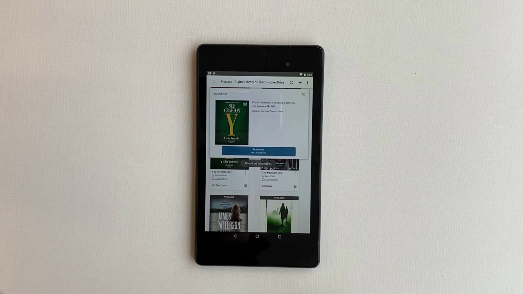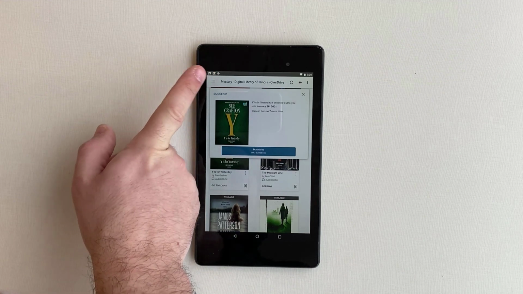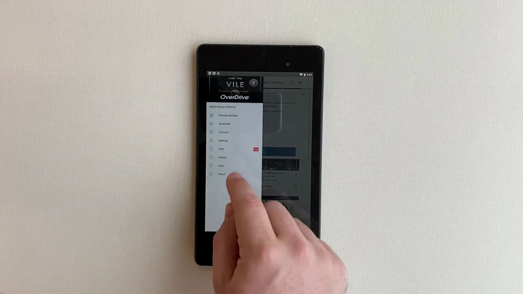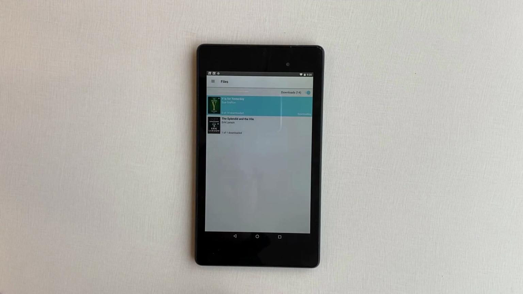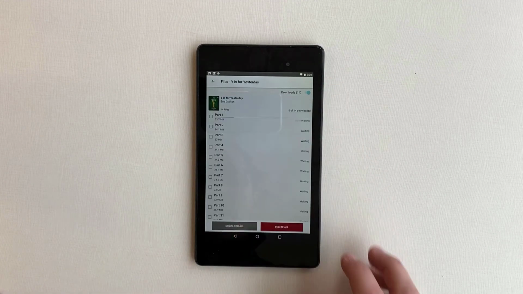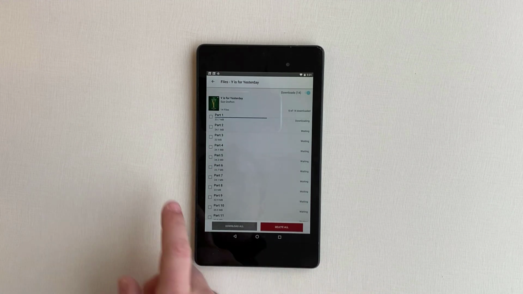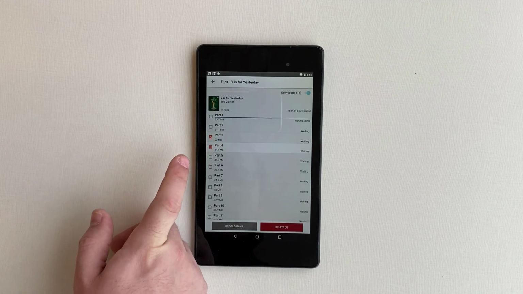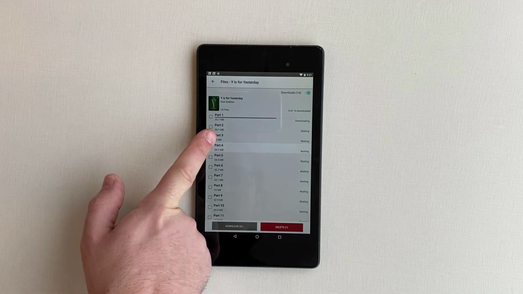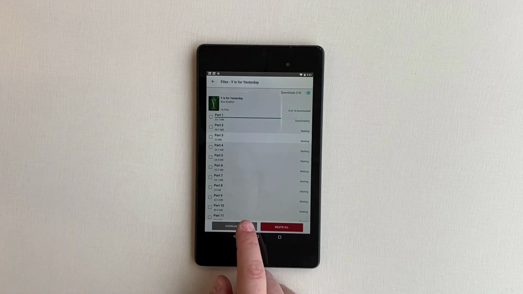It's thinking, and it's added to my bookshelf. I'll press the menu button. I can see the files as they're downloading. I'll press on Y is for Yesterday and see how it's doing. So it's downloading one at a time, which is going to download the parts more quickly. I can delete all or press download all, or I can select certain ones to work through. I'll just press download all,